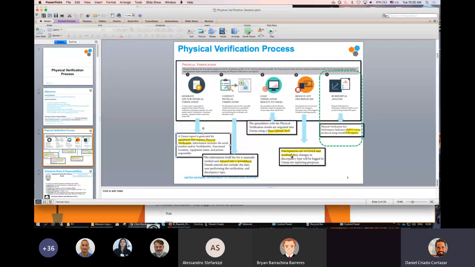And this is important because that depends on his or her authorization group. We have equipment, for example, for CITS, and other pieces of equipment for the transport section or MoveCon or engineering. So we will have different SD levels throughout the mission, taking a look and resolving the discrepancies found under the physical verification process. Then at the end, we have a series of BI reports that are linked to KPIs,